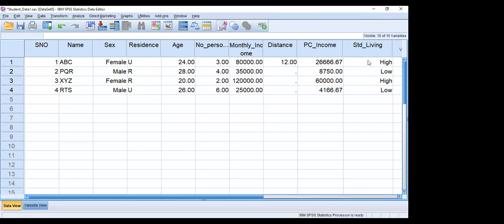So we assign the values high and low. Okay, so once you develop your database, then you go for data analysis. Now we'll see how the same data which you entered in Excel can be exported into SPSS.